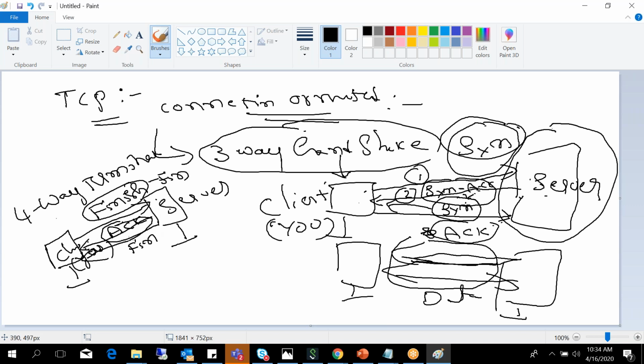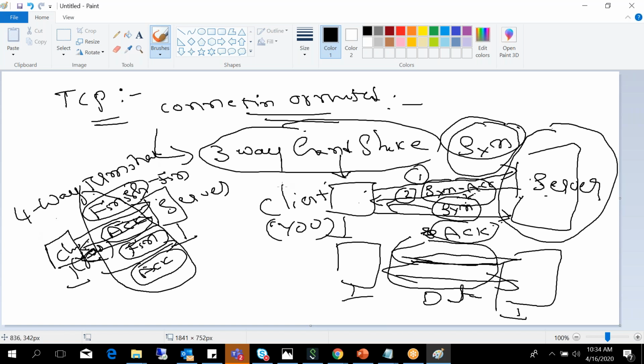Then the server again sends its own finish packet, and then the client replies to the server's FIN with an acknowledgement. It is a four-way termination process to stop the communication.